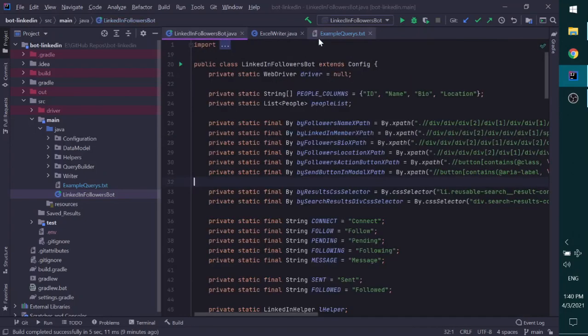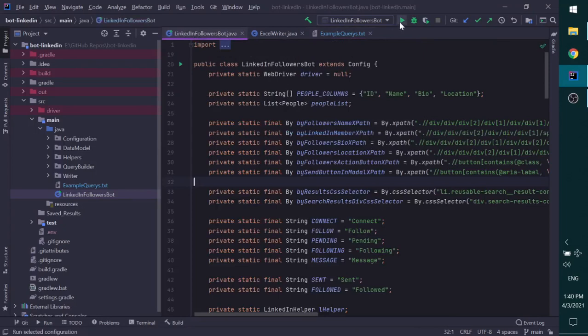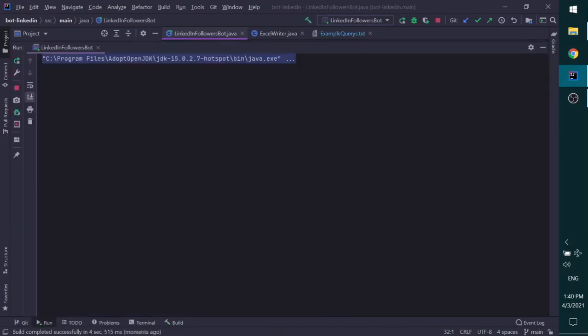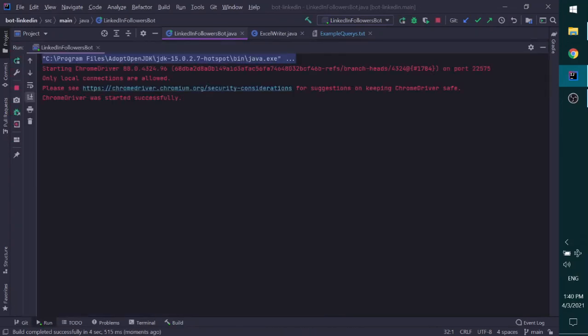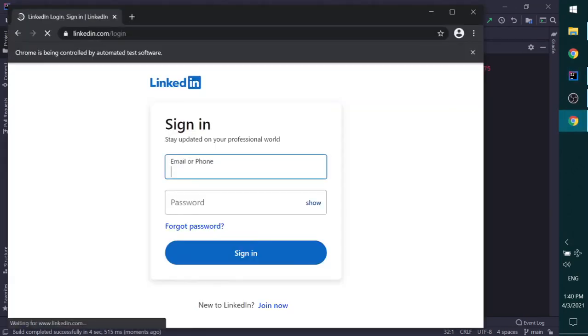So let me just copy this, and now we will run this script. It will launch the Chrome driver window and enter the credentials.